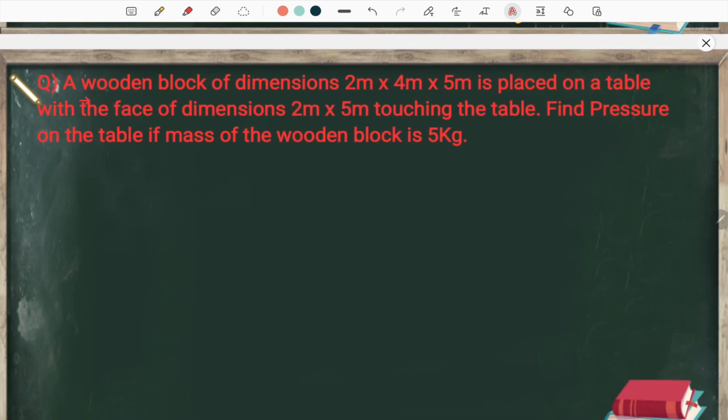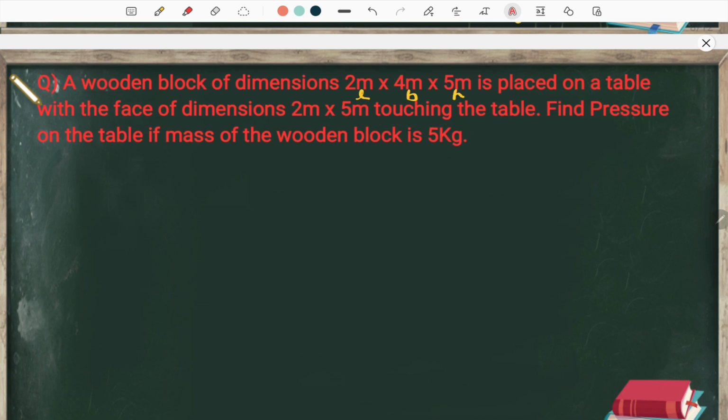What is this numerical? The numerical goes like this. A wooden block of dimensions 2 meter into 4 meter into 5 meter. So this is length, this is breadth, and this is height. It is placed on a table with the face of dimensions 2 meter into 5 meter touching the